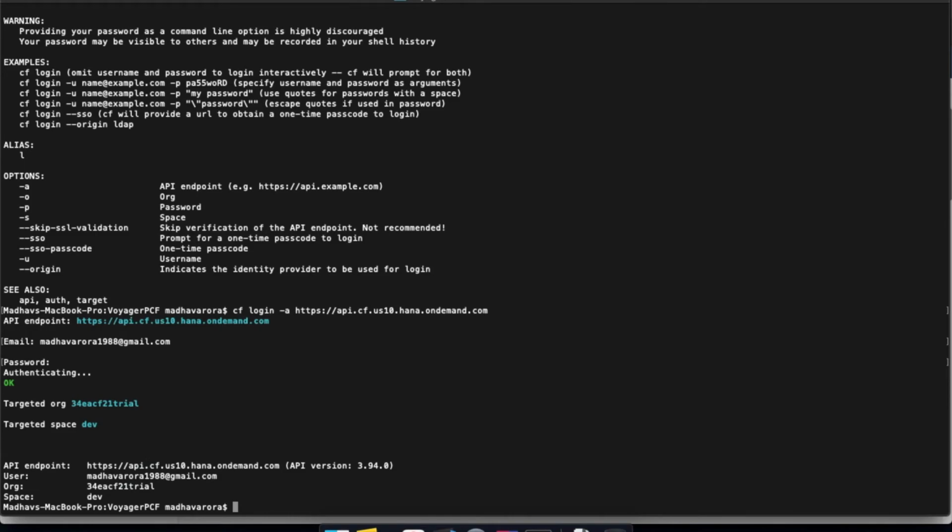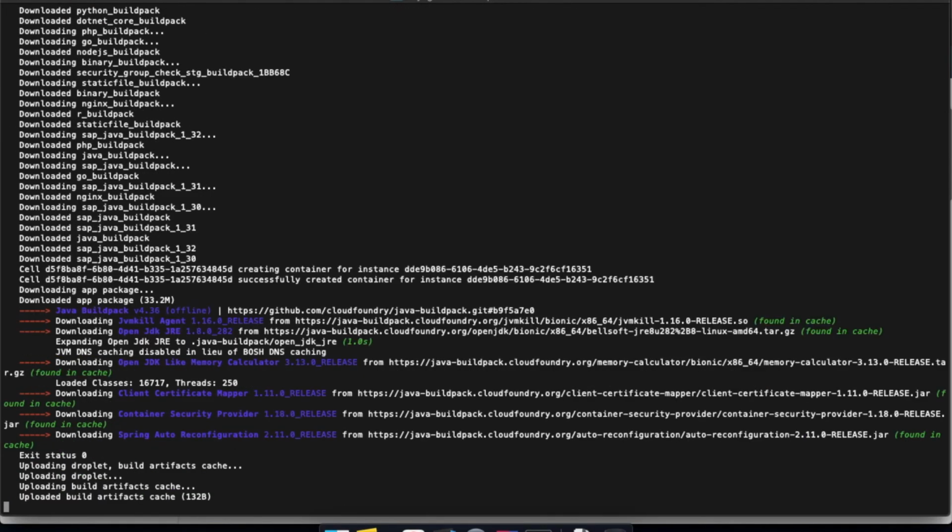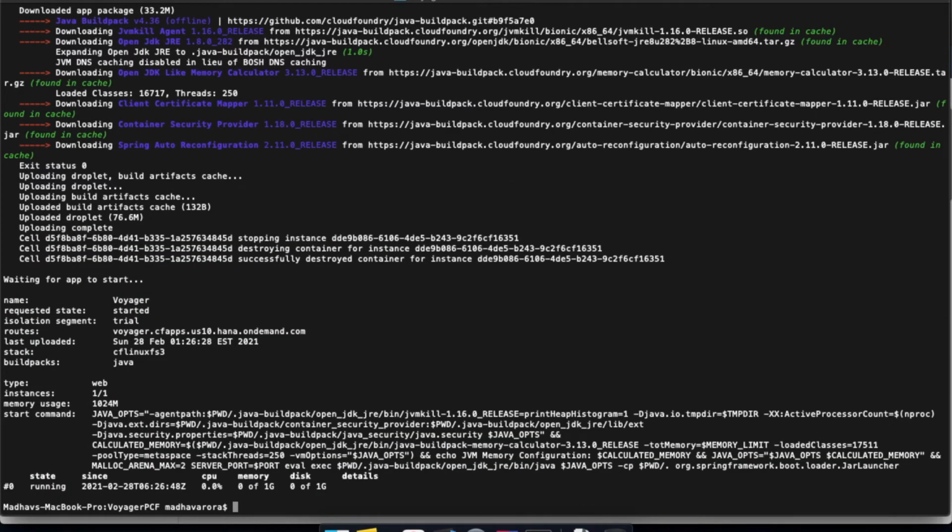So all we need to do now is a cf push, because all the rest of the information is present in our manifest file, and Cloud Foundry should be able to identify that our project is a Java project and should be able to deploy it. So let's do it. Yep, so it's done now. It has even provided us a route to our app. So let's just copy it